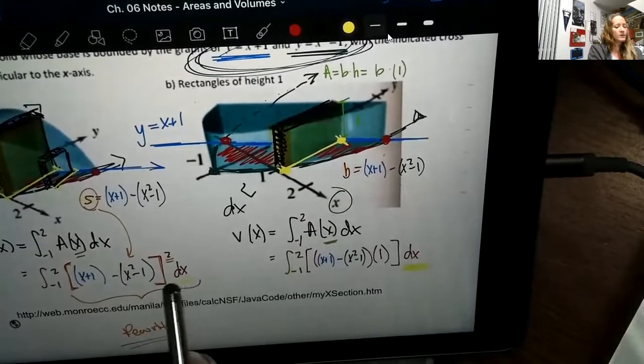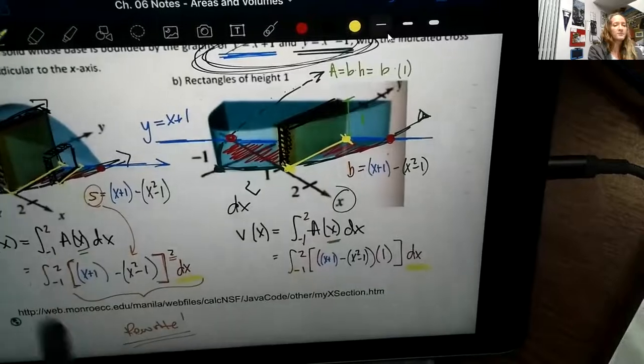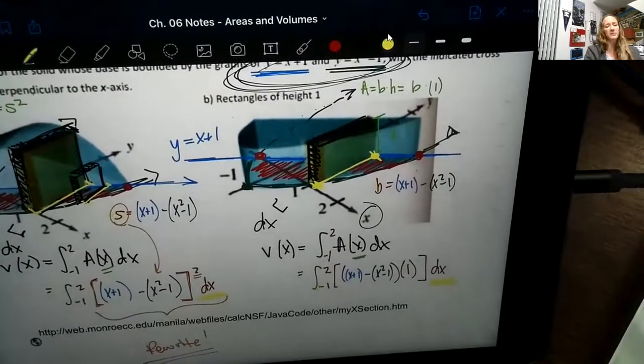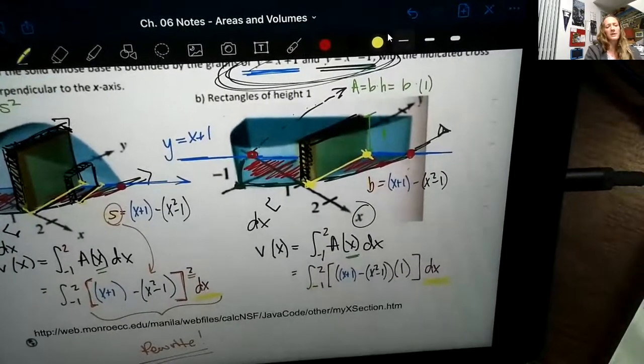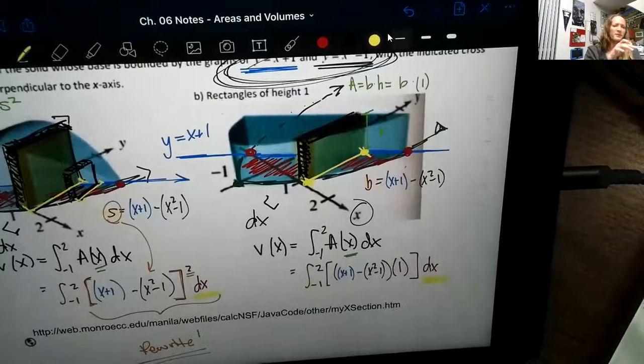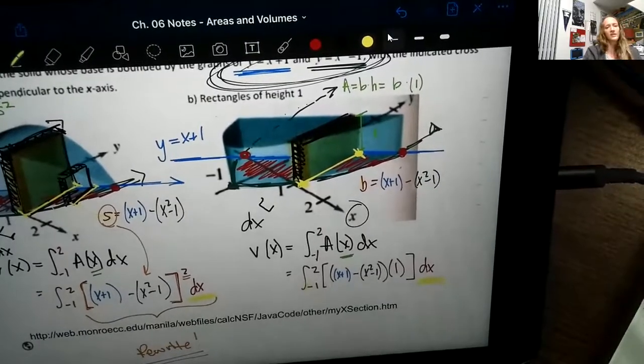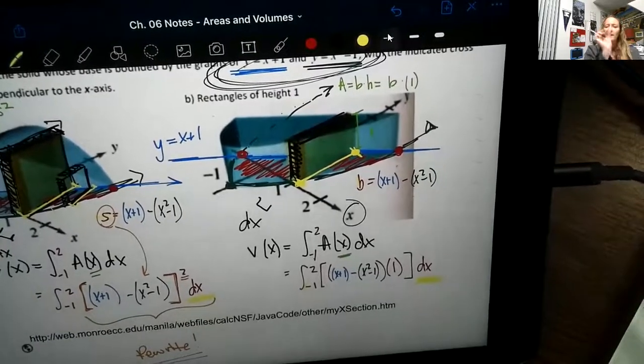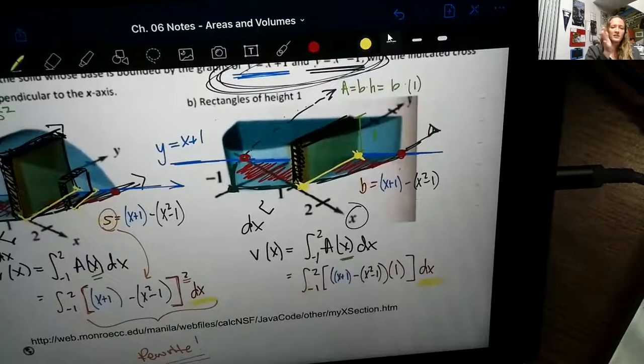Basically the same thing over here as well. We're giving it depth, but if we were to give it depth, it would be jagged, it wouldn't be smooth, it wouldn't be perfect. That's why we have to throw it in the integral for those slices to become infinitesimally thin and to perfectly